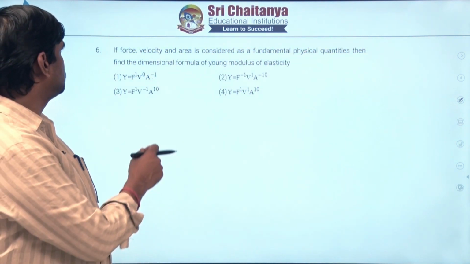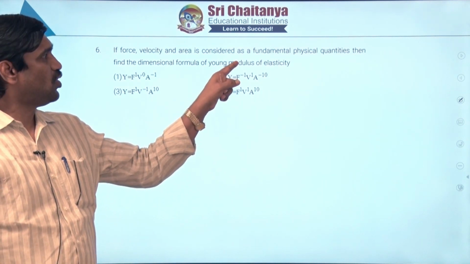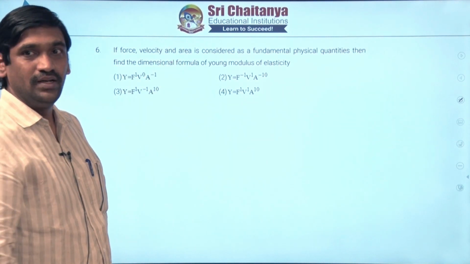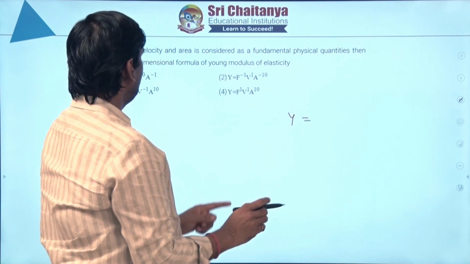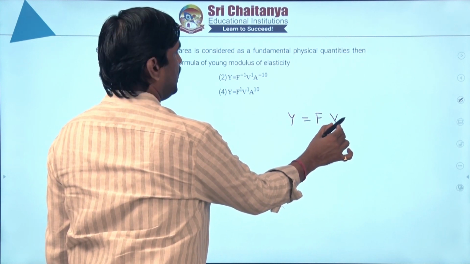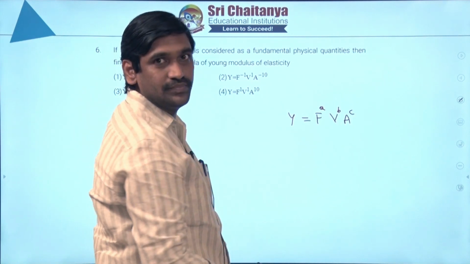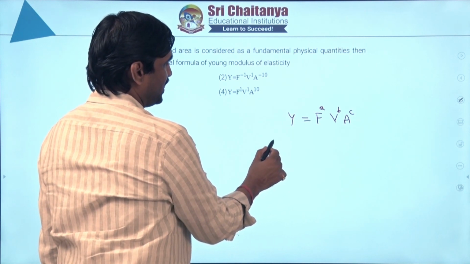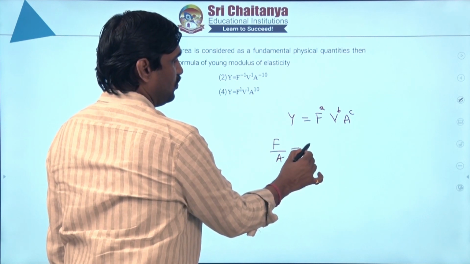Now, I am starting question number 6. In question number 6, they are asking what is the Young's modulus of elasticity in terms of force, velocity and area. Y is equal to Young's modulus. I am writing Y in terms of force, velocity and area, with their powers a, b, c. Now, I am writing this in fundamental quantities, F by A, force,